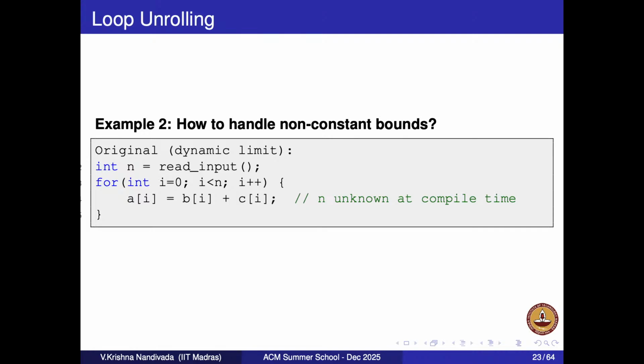See, guys, there are two parts. Whatever the n is, there are two possibilities. It's a multiple of k or it's not a multiple of k. If it is not a multiple of k, what does it mean? There is some multiple of k plus some remaining iterations. So let's execute the first part, the multiples of k, as an unrolled loop, and the remaining iterations as a separate loop.